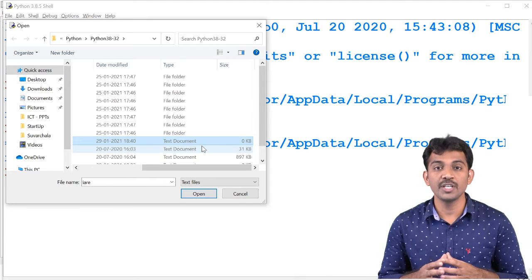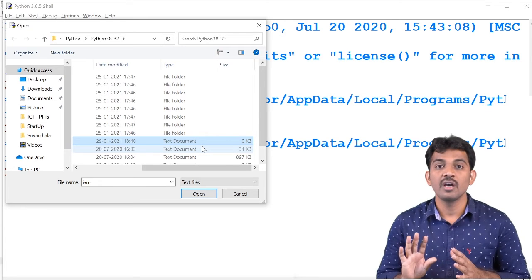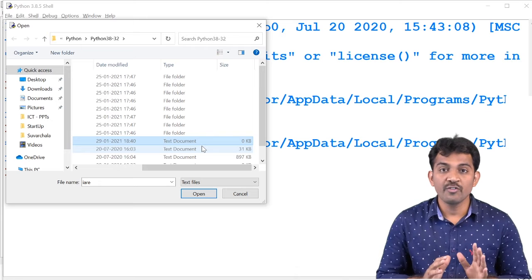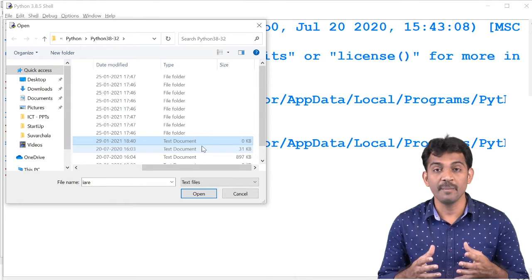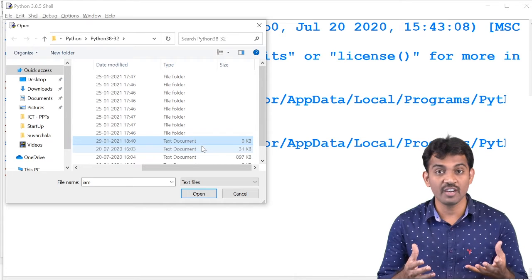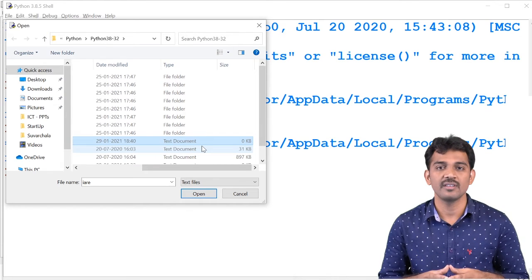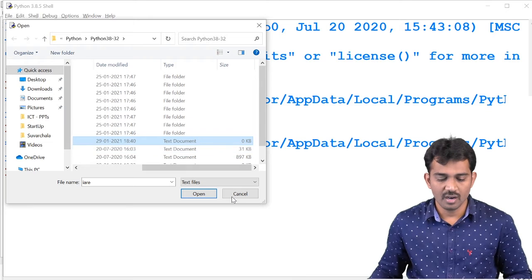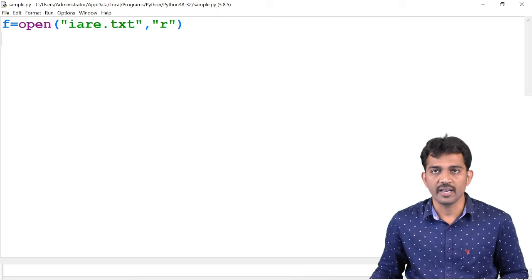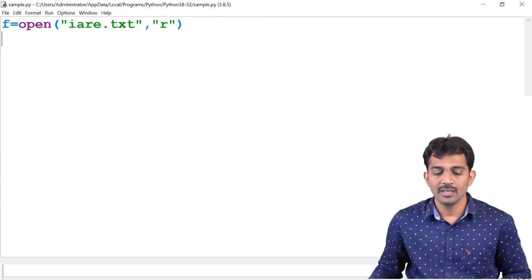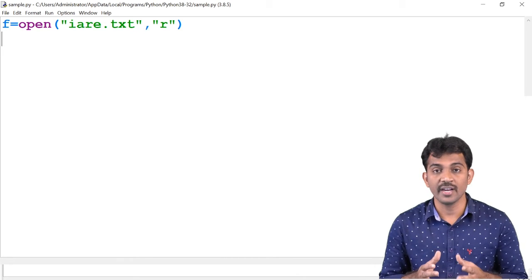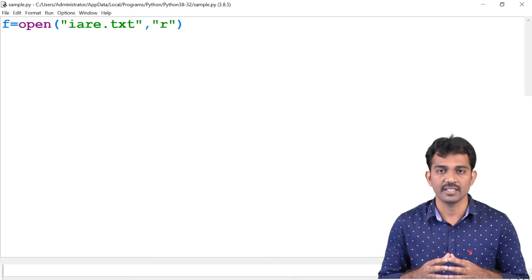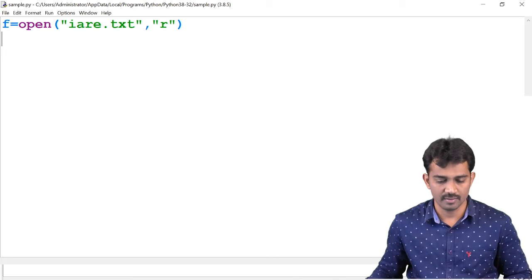Please note this. If you open a file in the read mode, then you don't have a permission to write. The data is available, but not available when you create a file, right? Yes. When you open a file in a write mode, the earlier data will be overwritten, right? Please note this one.